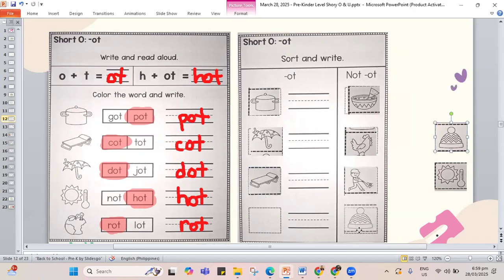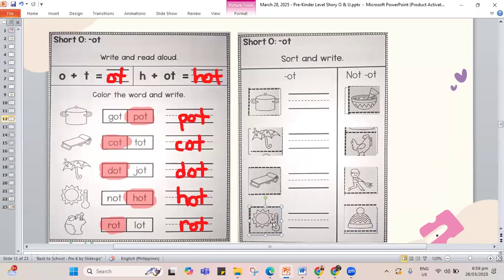Hat, not an ot word, but hot is one of our ot words. Let's write. So we have P, O, and letter T, pot, D, O, and letter T, dot, C, O, and letter T, cot, H, O, and letter T, hot.